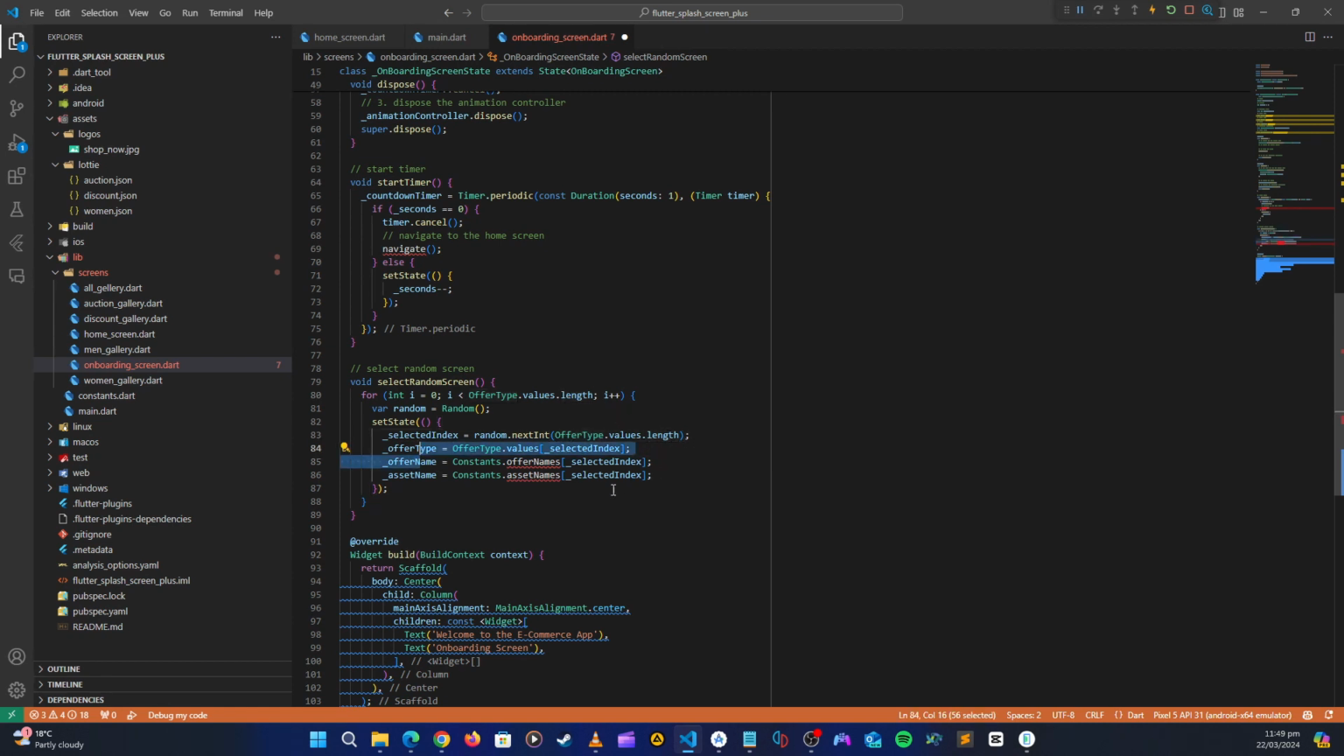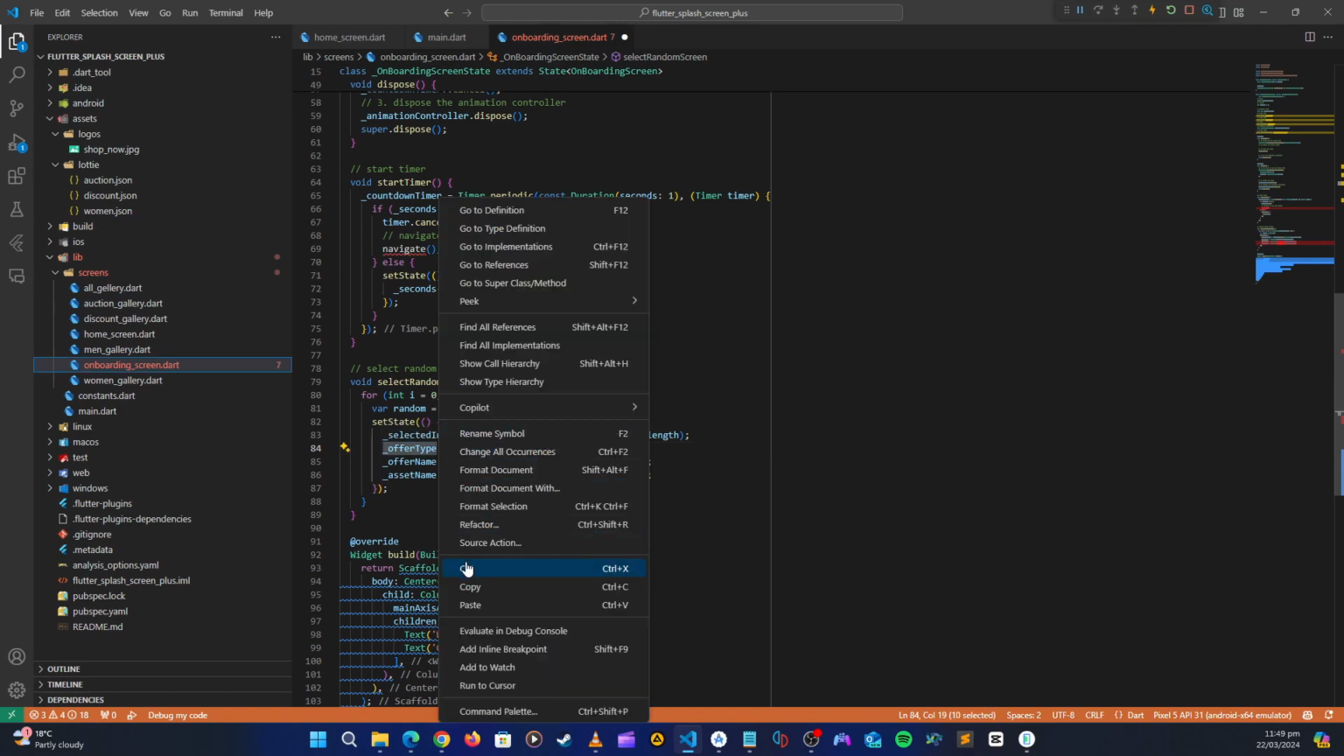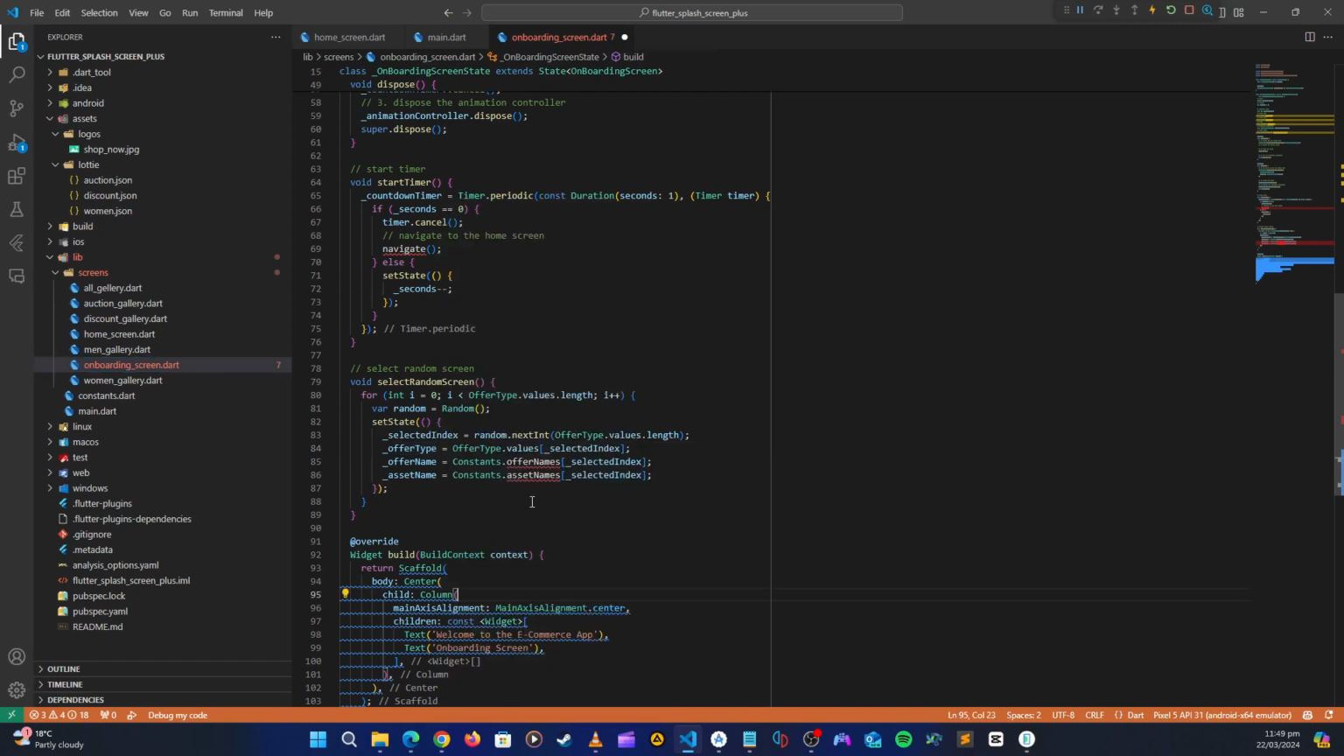Now here on the offer type we have to say offer type dot value and then selected index, or up to that is correct. And then the offer name, now let's change this. So here we know that it's not coming from constants, it's coming from the offer type, which is this one. So let's copy that, and then here we just need to say offer type